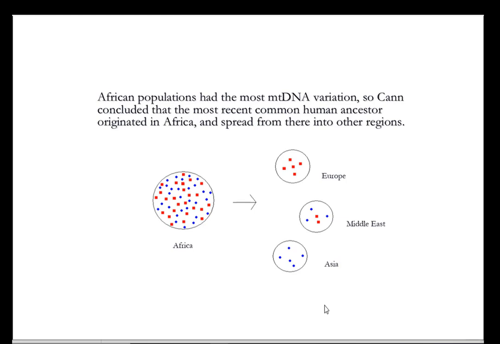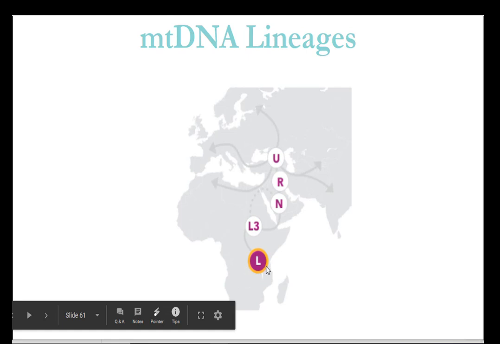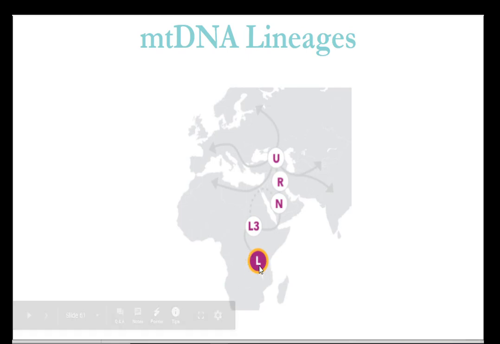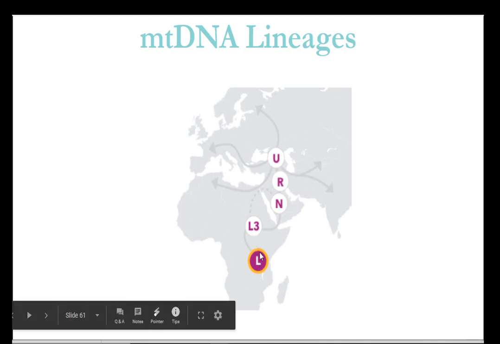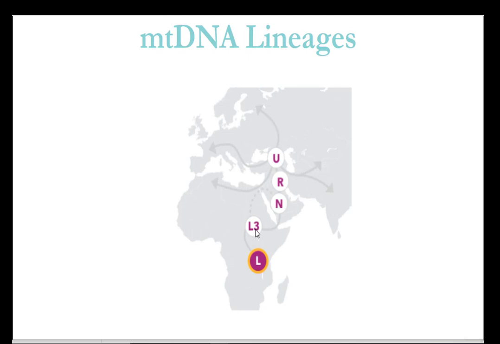And what's more, the fossil evidence and the genetic evidence both point to Africa being the original homeland of totally modern humans. Here you can see these are African variants, and they slowly accrue mutations and they turn from L to L3, from L3 to N. These are just different variations based on new SNPs that are accruing all the way to U, which happens to be my particular mitochondrial DNA variant.